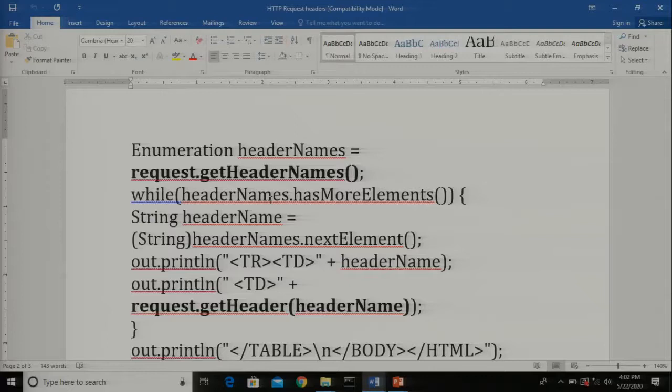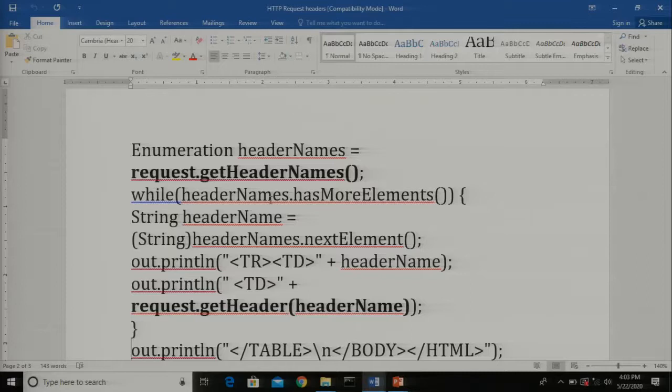What we are accessing here is the getHeaderNames method, which accesses the request headers in one stretch. So there is no need to access getHeader for the character set, getHeader for the user agent, or the accept character set every time. Instead, using the enumeration, I am accessing all the headers of that particular request.